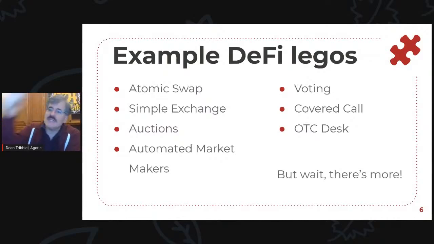Okay, so simple exchanges, simple order book, auctions, automated market. We have auto swap, which is a Uniswap equivalent, or rather a multi-pool auto swap. Voting, something that's kind of been on people's minds. I have a presentation later on Thursday about